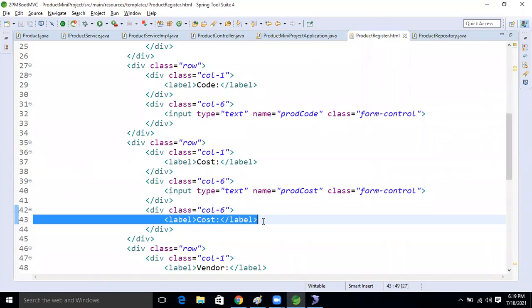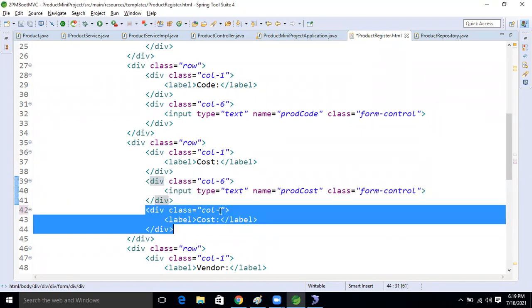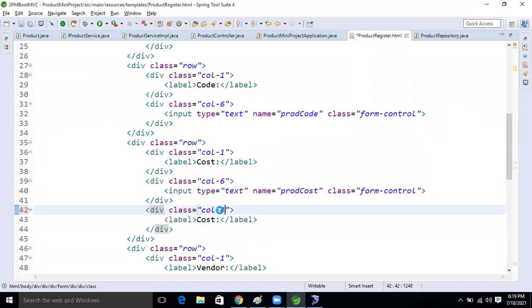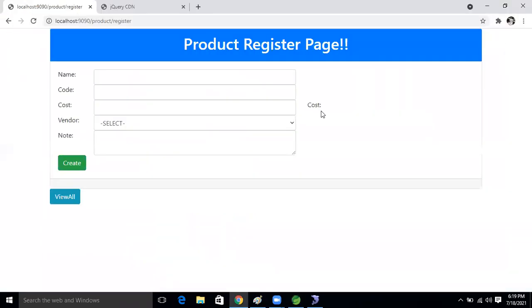One minute. Inside the row, sorry. Okay, inside the row only I took. See, this row div is here. So here 1, 2, and here 3. Let's take 4 here because it should come in the one row only. Yes, it came, guys. I took 6. Already 6 is there. Cost is there, and here cost is there. No, not cost.